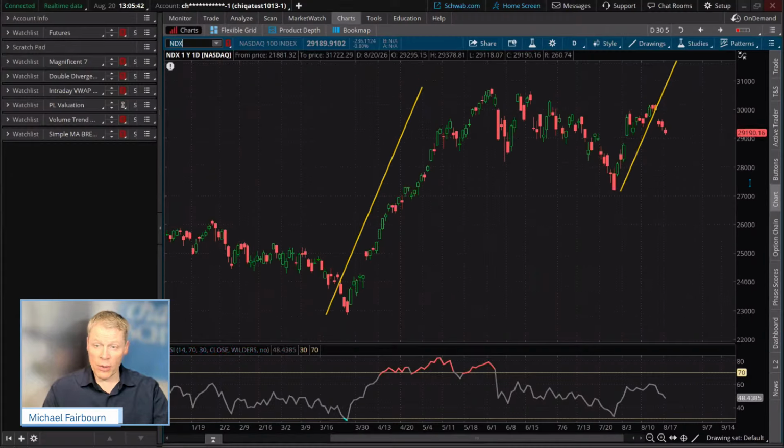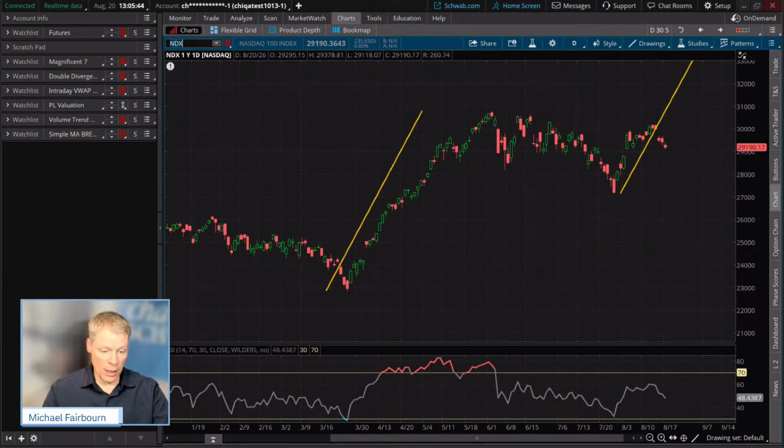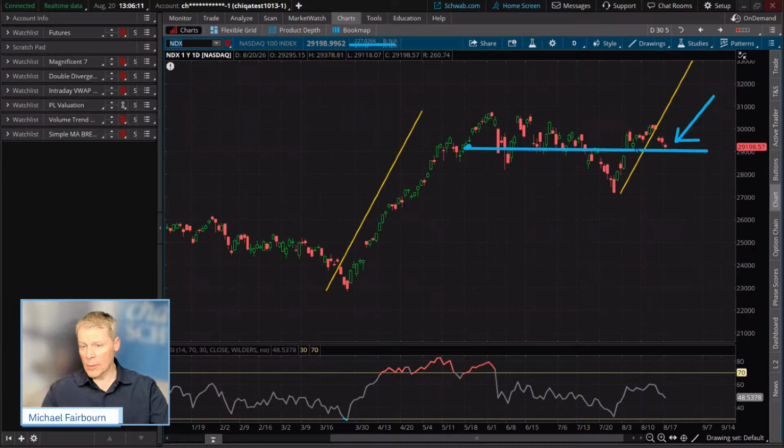Now, just a quick note here. You can see this. I'm going to pull this guy down a little bit and just draw a line right through there, because I think that might be a very, well, we've had a lot of support. Jeez, if it's that thick, it will be support, because it catches everything. How about right there? Here, here, here, here, and we're right there again. And you'll notice, even though we are down 232, right there, we have come here a couple of times. I mean, this is the second time.